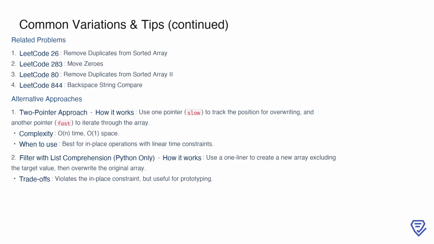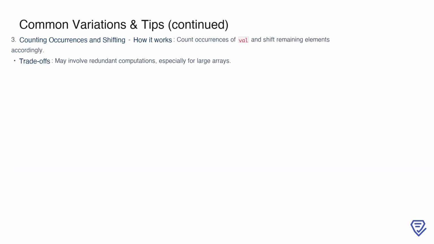Another option, particularly for Python users, is to use list comprehension to filter out the target value. While this can be a quick one-liner for prototyping, it violates the in-place constraint and is generally not suitable for production code. Lastly, another alternative approach involves counting occurrences of the target value and then shifting the remaining elements to